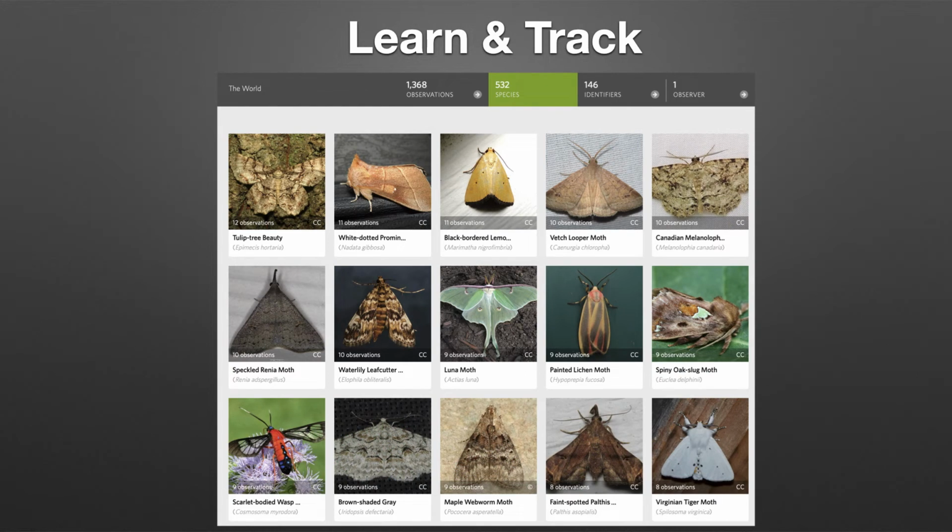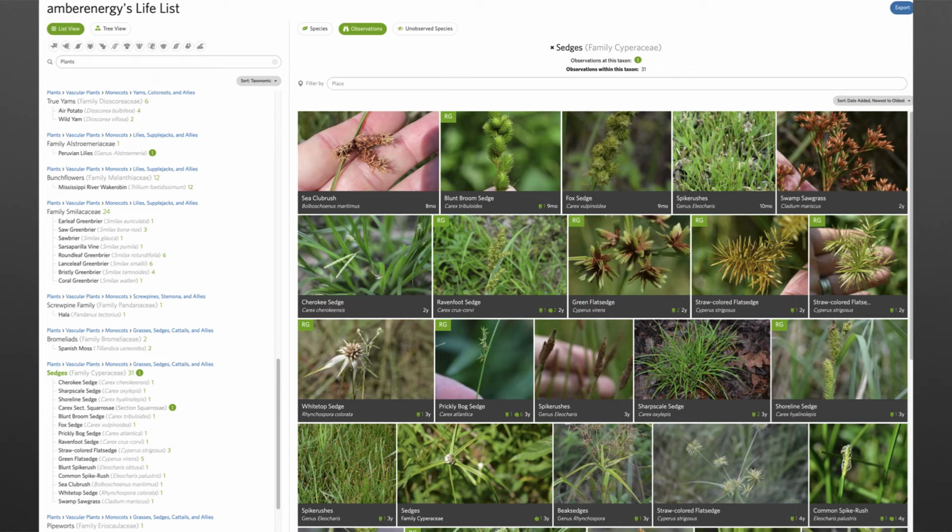iNaturalist is an amazing tool for learning about the species you observe in the world around you. It's also an excellent resource for tracking all the species that you find. For example, I've sorted my observations by my latest obsession, which is moths. I have found 532 species so far, and it shows me that the tulip tree beauty is the one I have seen the most. iNaturalist also has a life list feature,